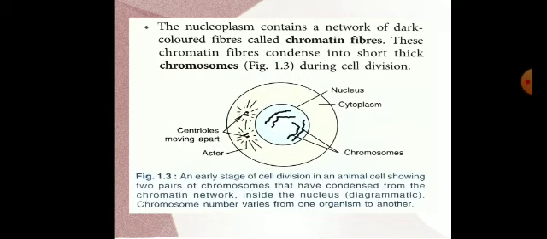Now in this you can see it is an early stage of cell division. Why can we say that it is an animal cell? By looking at the centrioles. Earlier I explained to you that centrioles are present only in animal cells. So centrioles are there, that's why we can easily say it is an animal cell. During cell division, these centrioles help in the stretching of chromosomes. Now this in detail we will learn in chapter number 2.